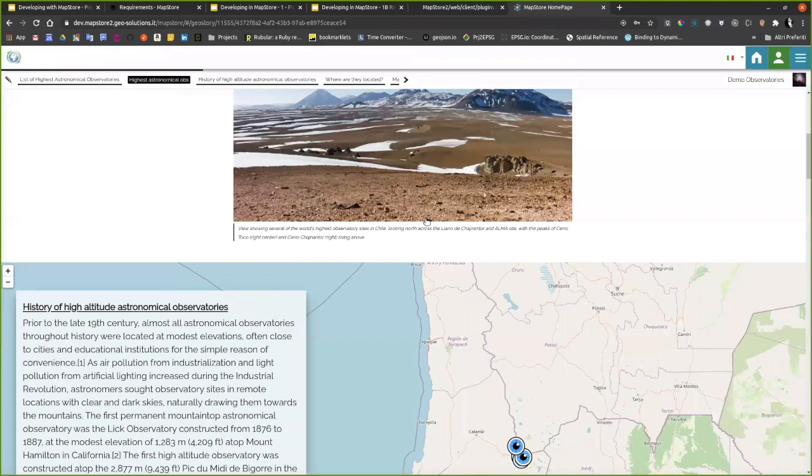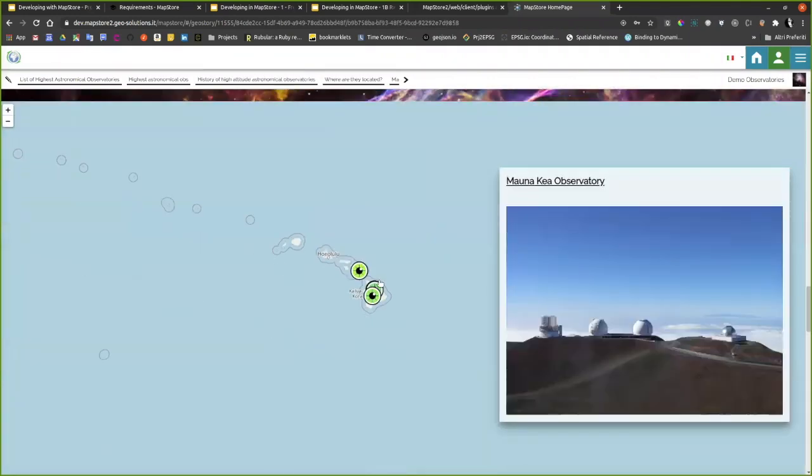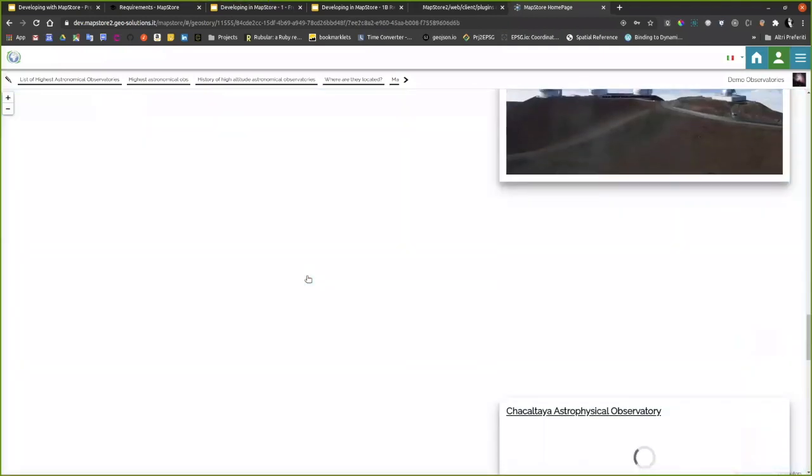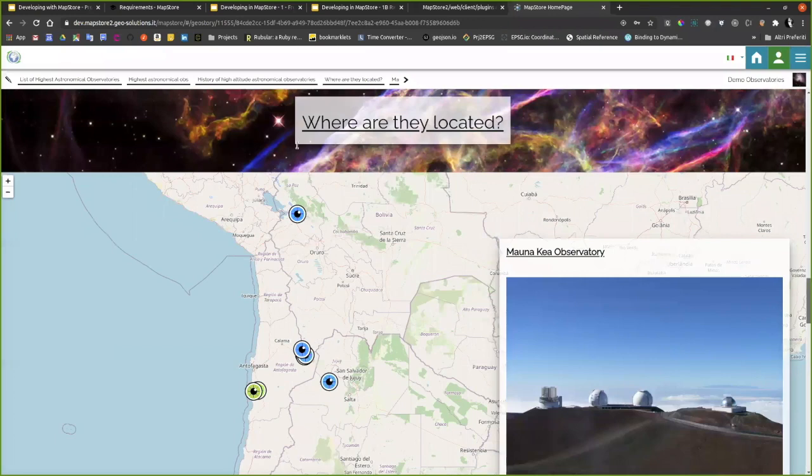So you can see this is a typical story that scrolls. They are maps that are working, and these are, for instance, a web page that explains